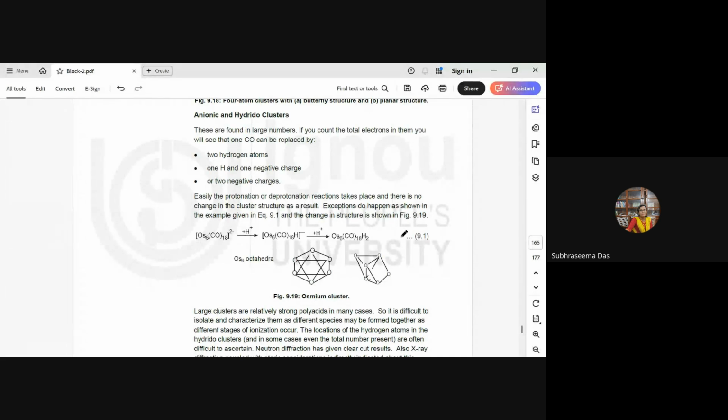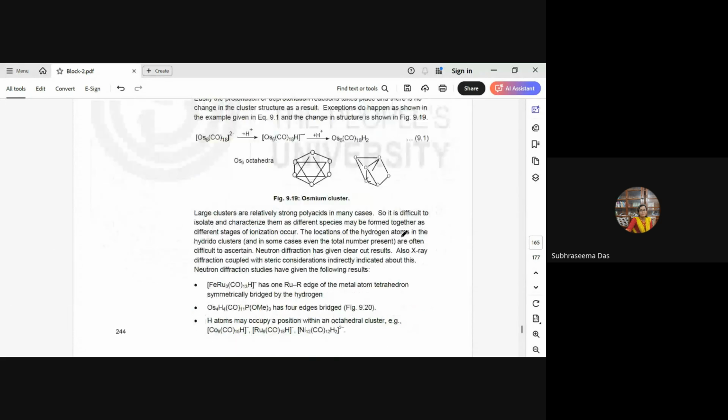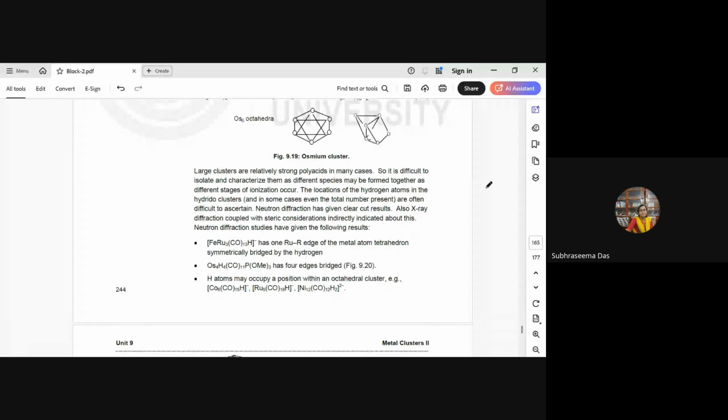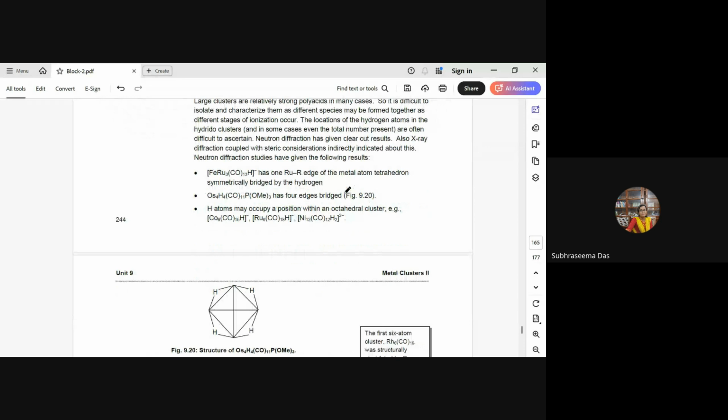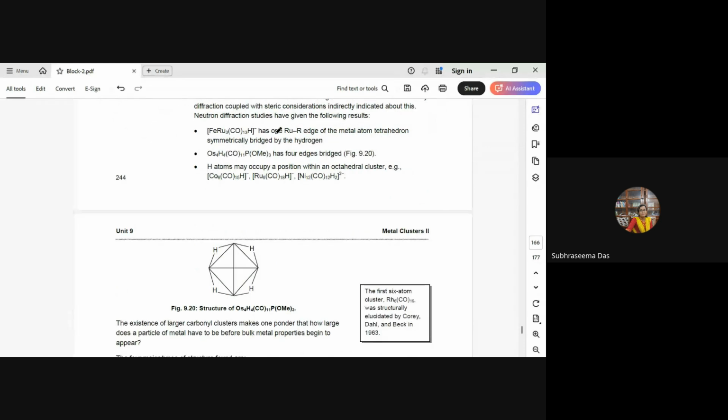This is how an exception happens, and the anionic and the hydrido clusters are formed. Large clusters are strong polyacids in many cases, so it is difficult to isolate and characterize them, as different species may be formed together at different stages of ionization. Also, we have seen that neutron diffraction studies have given us the following results: that this has one